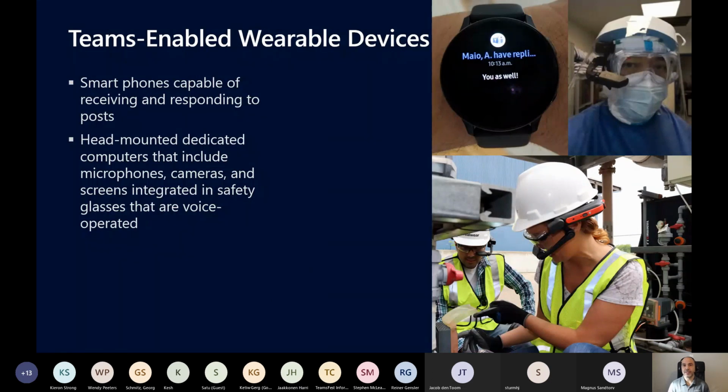They actually have integrated devices that you can speak to, and Teams can perform certain actions for you: placing a call, looking up information, having chats and discussions with somebody. And if you think about today, where everybody says try not to touch anything, everything is about washing your hands and trying to be less contact, having this kind of technology is really, really important. It really helps these first-line workers complete their work in a safer way, in a more efficient way.